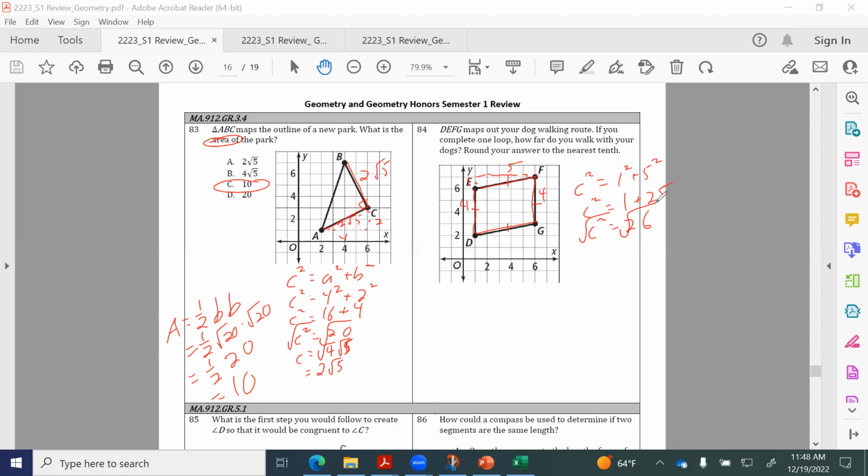Now, the square root of 26 does not come out to an even value. That would be roughly